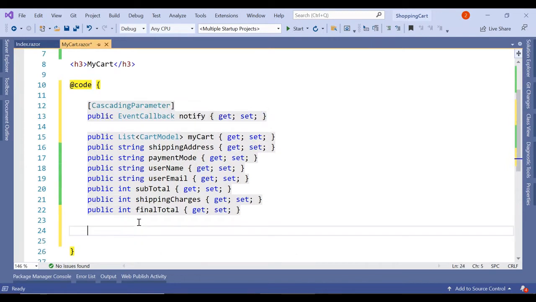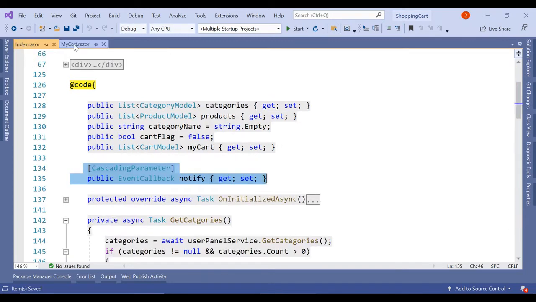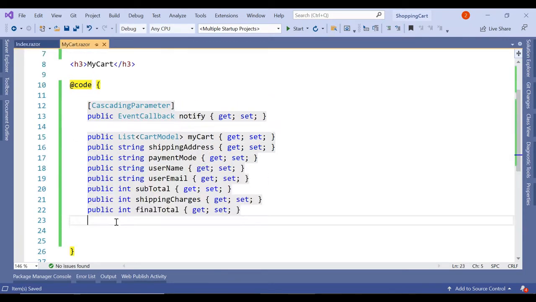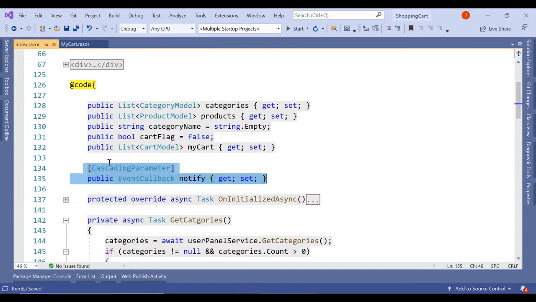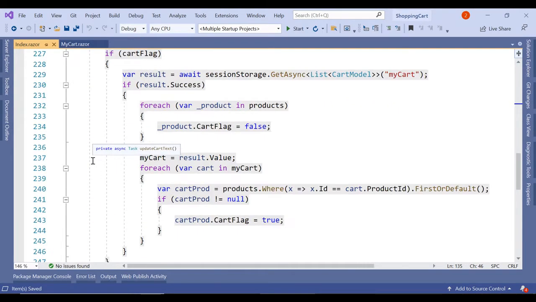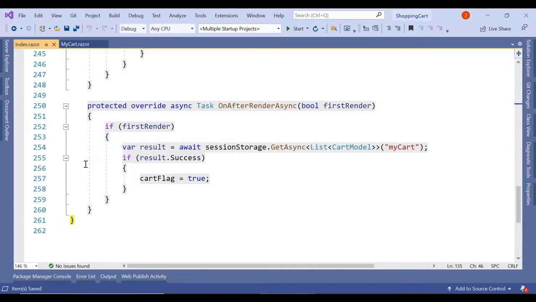Now if you see this page, there's no input action. Whenever the user navigates from the index page, the main page, to my cart, whatever is there in the my cart session, we have to simply bind it to our structure. Whenever the page gets loaded for the first time, after successful loading, this is what we get.